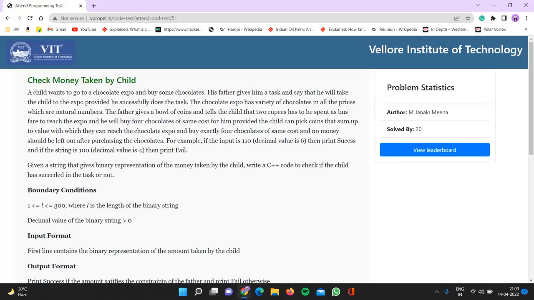So let's start today's Vprople question of the day. The name of today's question is check money taken by a child. So this question states that a child wants to go to a chocolate expo and buy some chocolates. His father gives him a task and says that he will take the child to the expo provided he successfully does the task. Okay, and the task is the chocolate expo has variety of chocolates and all the prices